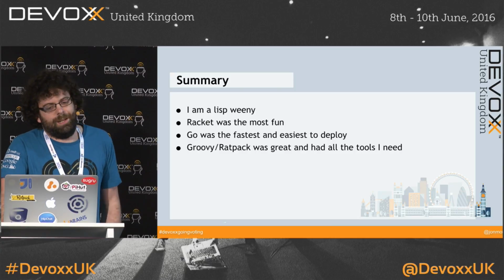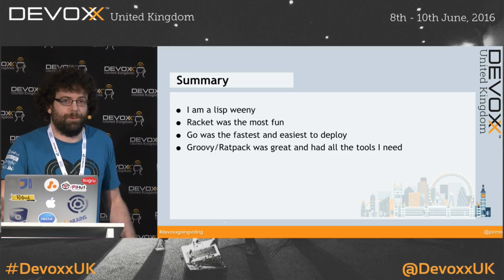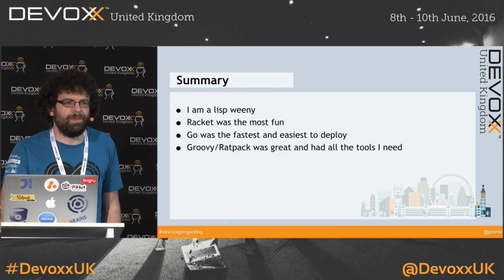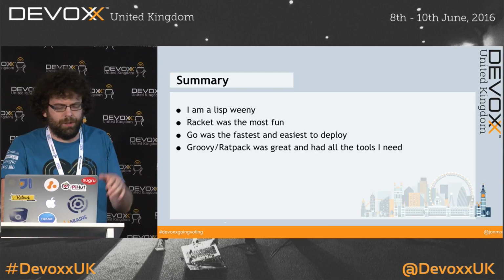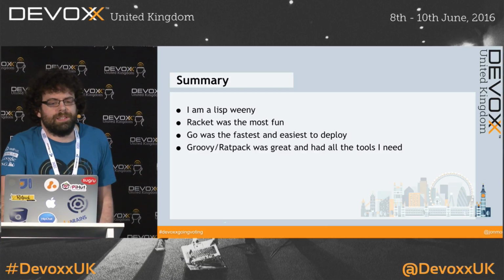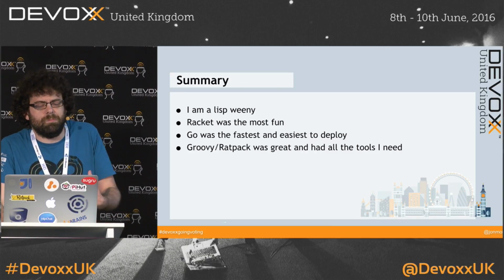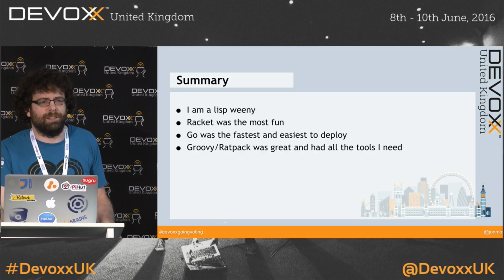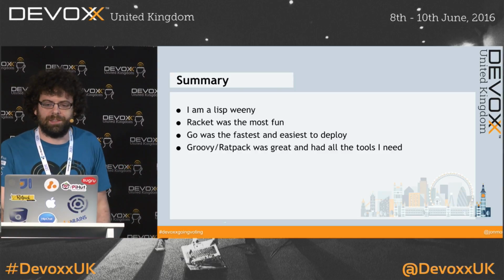So, in summary, I'm a Lisp weenie. Lisp is great, and Racket was the most fun to implement. That was one of my requirements, that it was fun. Racket was the one that hit that requirement best. Go was by far the fastest, although Groovy and Ratpack were kind of close, but Go was also pretty much the easiest to deploy. There were no dependencies, no JVM needed, none of that. It was very simple to deploy. But Groovy and Ratpack, I really liked doing that, and would choose Groovy and Ratpack to build other similar